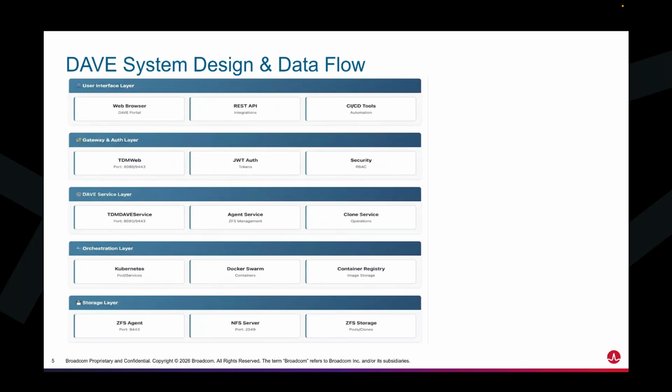Everyone cannot access those. So only the authorized user can communicate through the REST APIs. Then we have the services. The Dave service is the orchestrator. It will handle everything. The agent service, which is handling the commands over the JFS server, and the clone services,